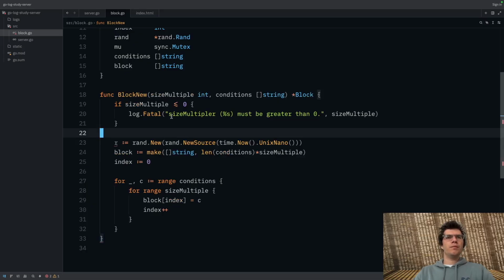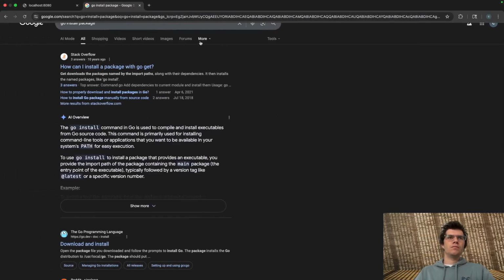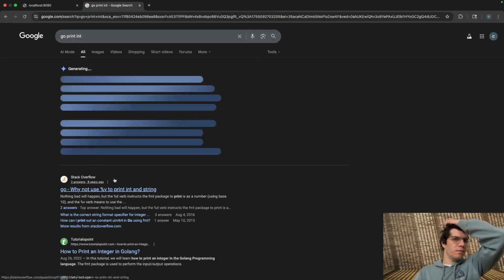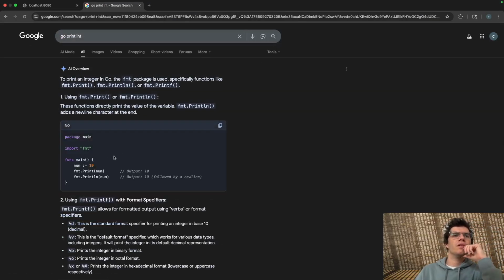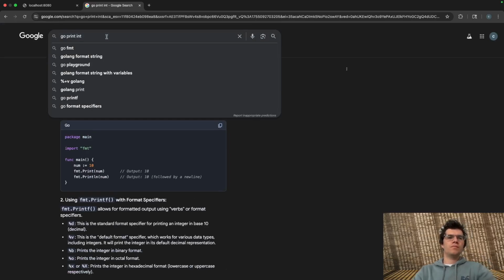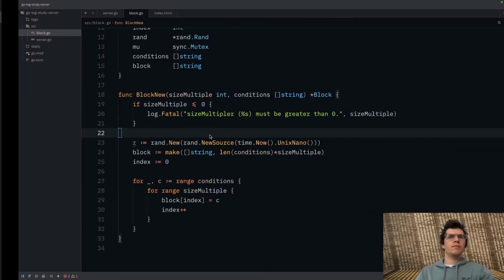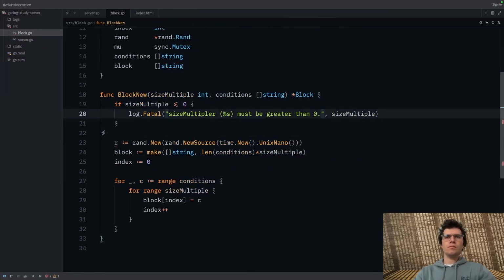Oh, it's giving me that right now. Go print int. What is it going to be, %i or something? Format string. Or is it d? %d. Sure. All right, cool. So now we're doing that.